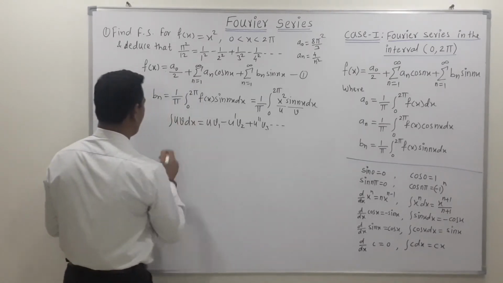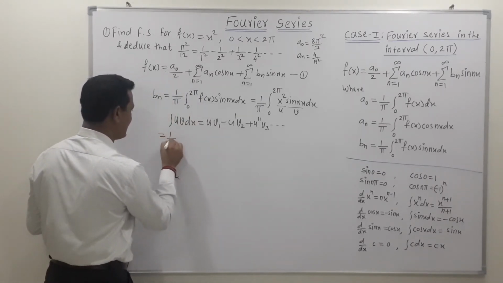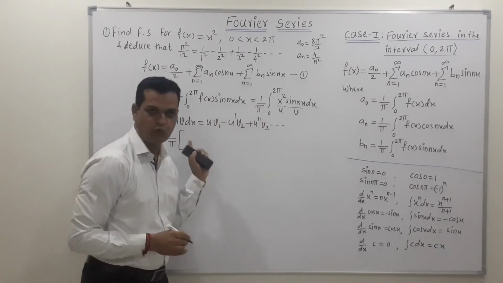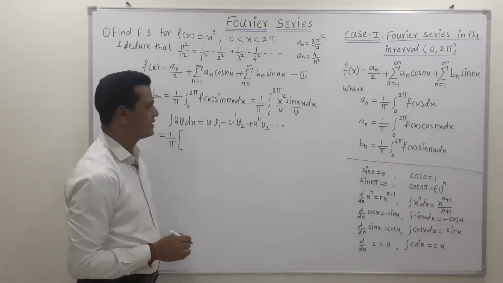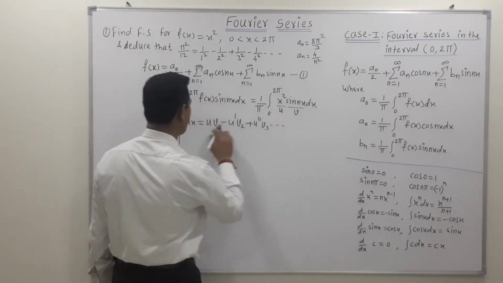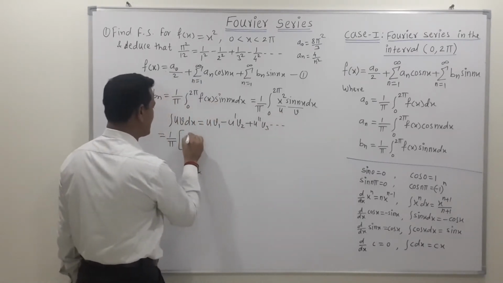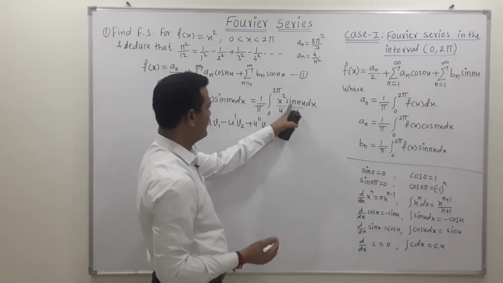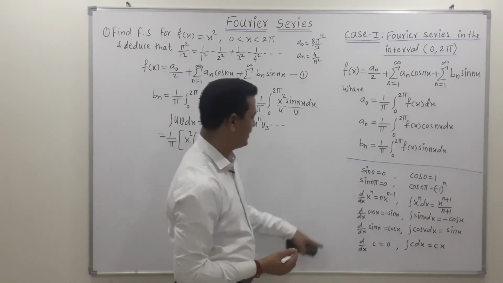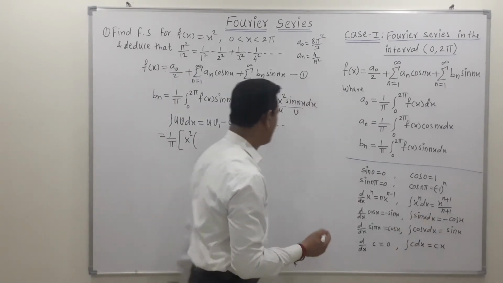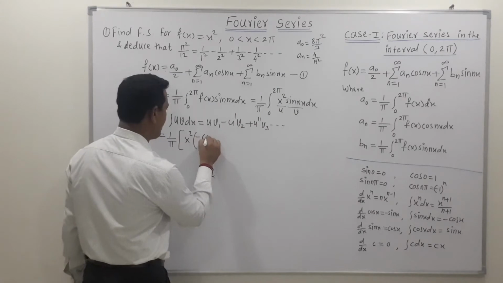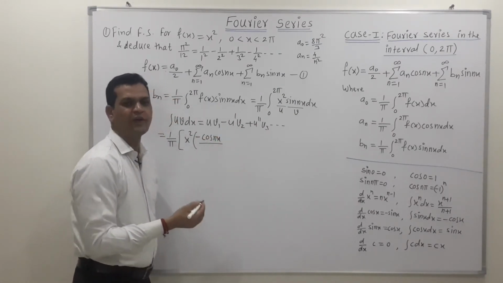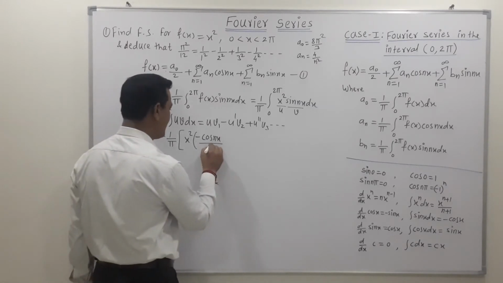Now if we simplify this, we get 1 upon pi as it is. Whenever we find the integration of a single term, put the rectangular bracket for simplicity. Now use the general rule. Here u as it is, that means x square, into v1, meaning integration of v. Here v is sine, and the integration of sine is minus cos, so we can write minus cos of nx upon the derivative of nx. This is other than x, so the derivative of nx is n.